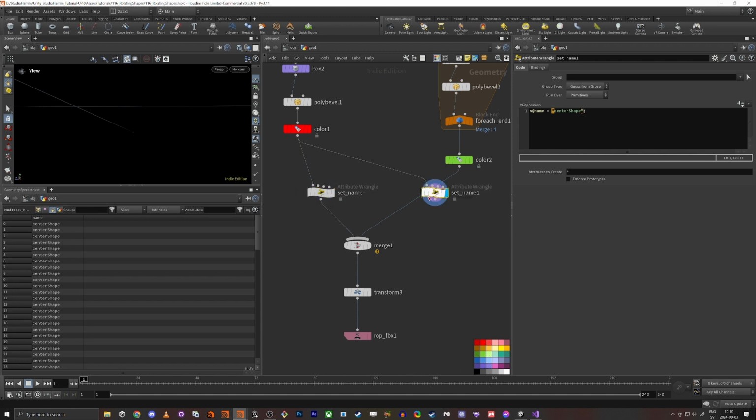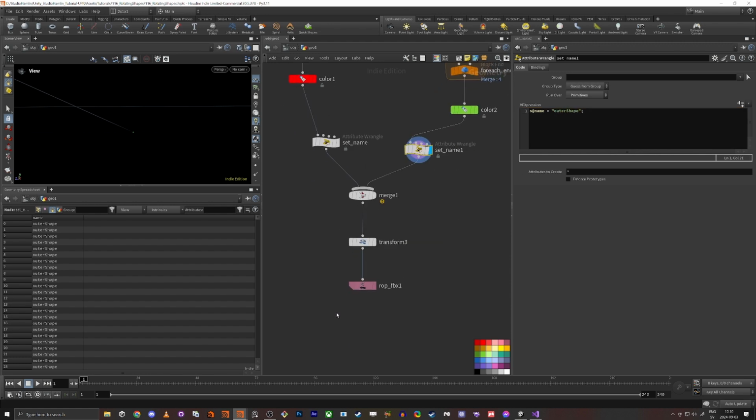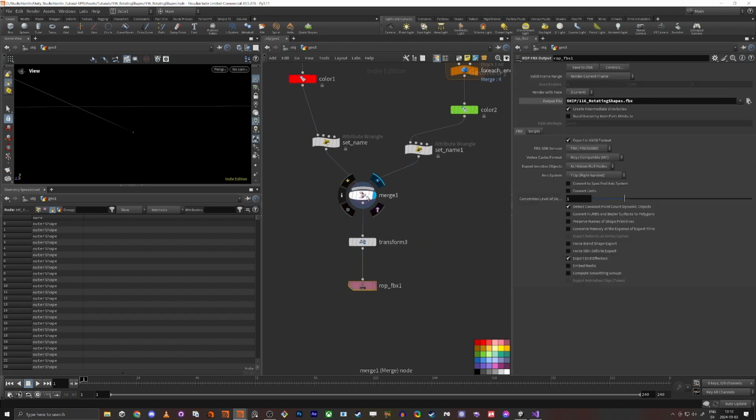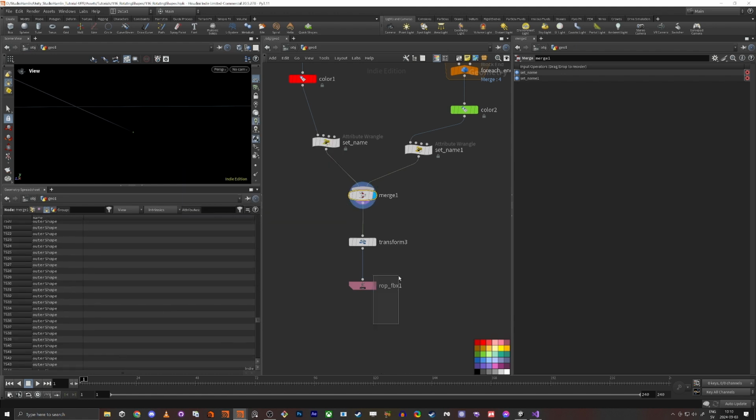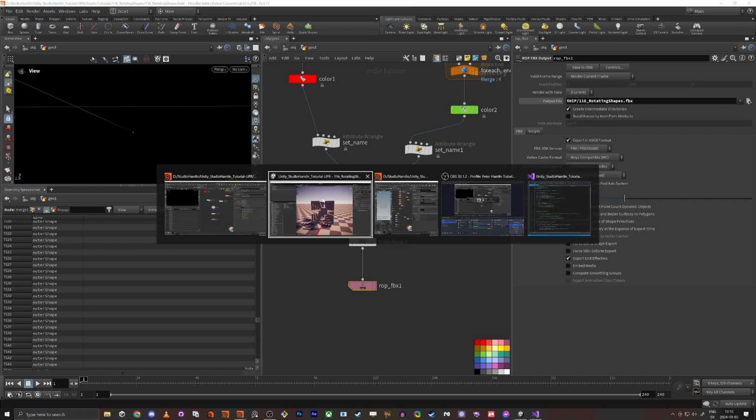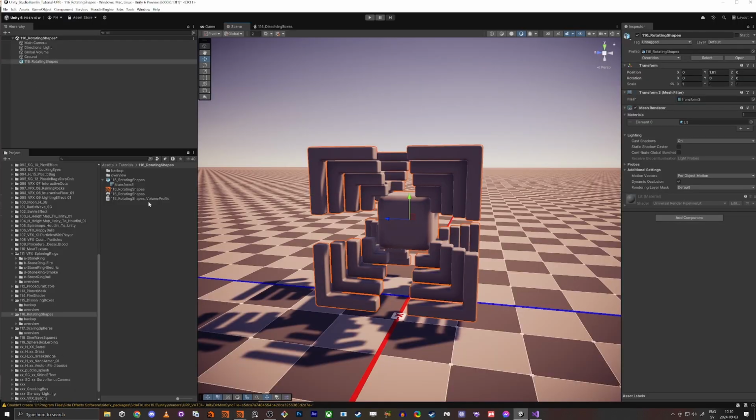So if we put it here, now we can do this to outer shape. And if we save, now we see this one is fine, and we have center shape and outer shape. And if we save this one, now you can see